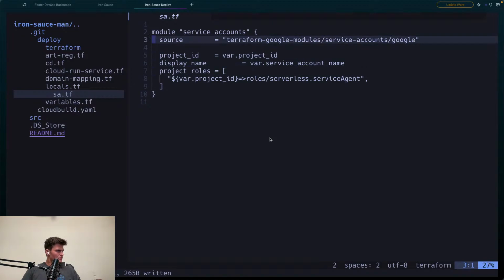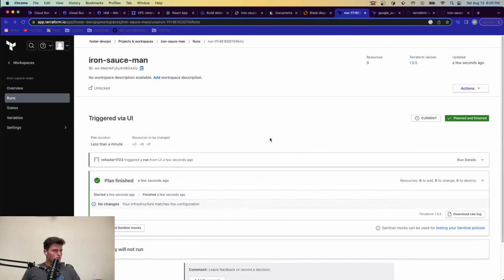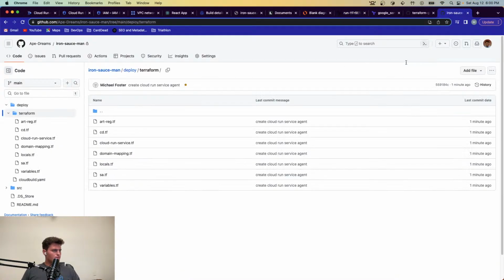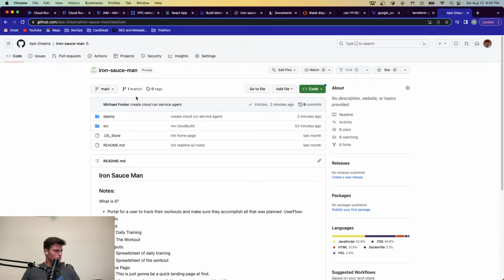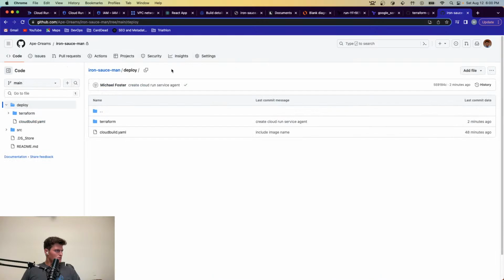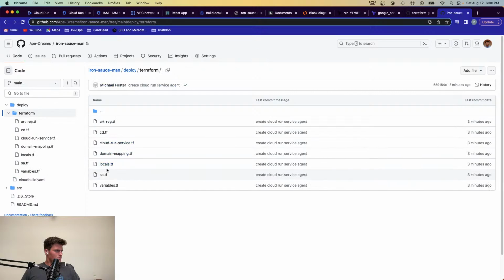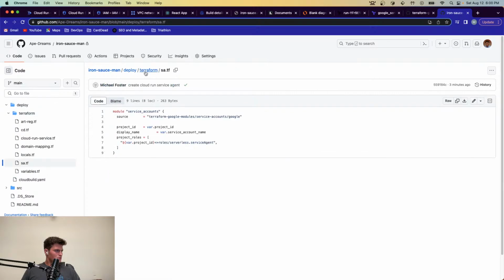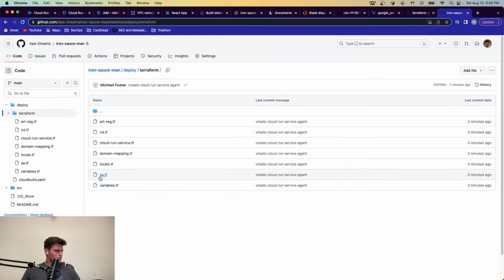We have our variables, deploy Terraform. Is this a main branch, right? That's the cloud build, but that passes. And then deploy Terraform. This module should